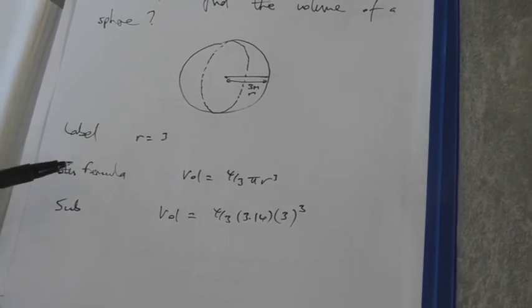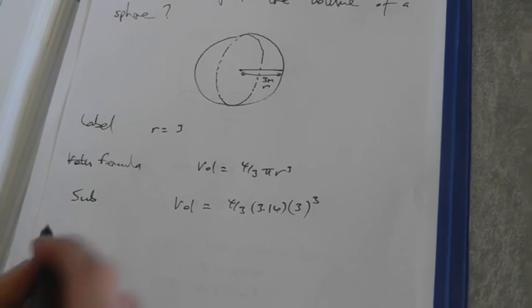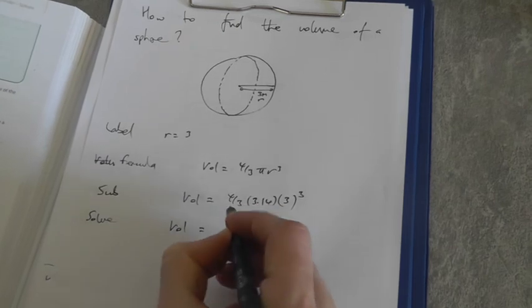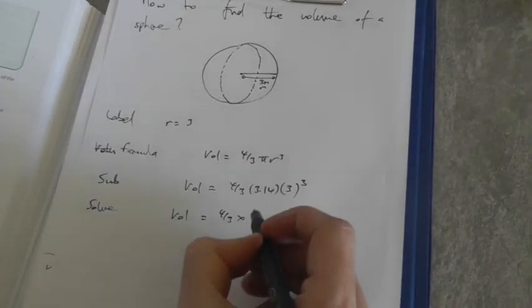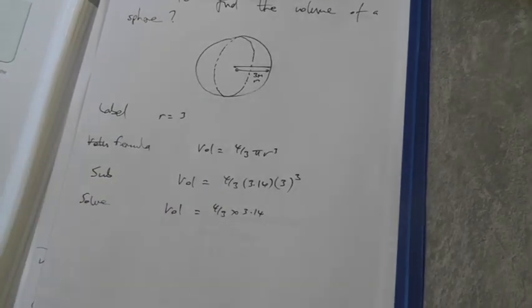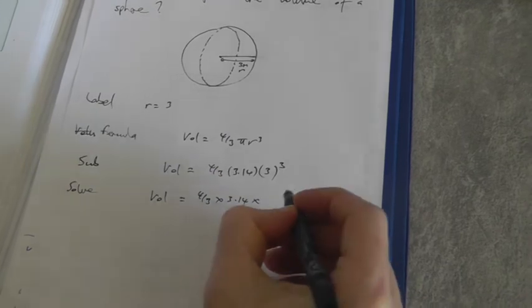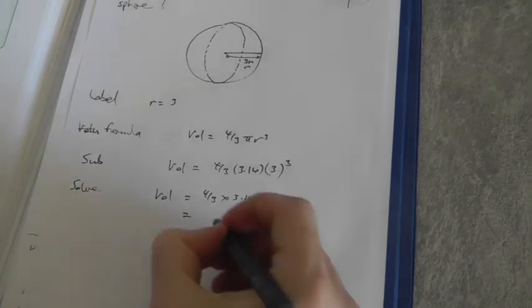So we've got the first 3 steps done. We've labelled, we've selected our formula, we've substituted into our formula, and we're now going to solve it out. So I'll just mark that as solving. Volume equals, now if they're written beside each other, that means they're multiplied. So it's 4/3 multiplied by 3.14 multiplied by, now we can do this exponent first, 3 cubed is 27. And then we're going to multiply all 3 of these together, and you get